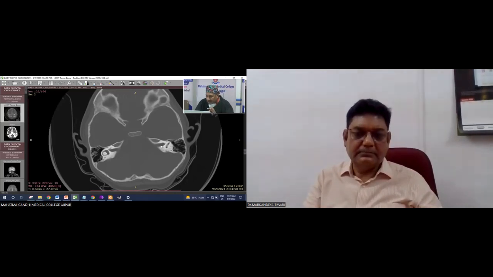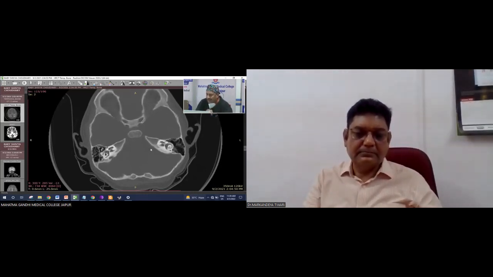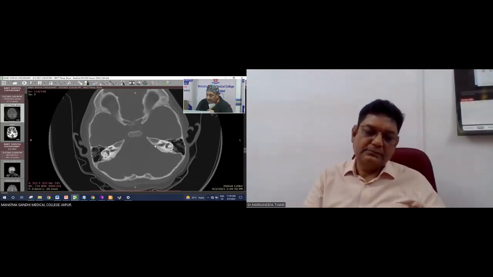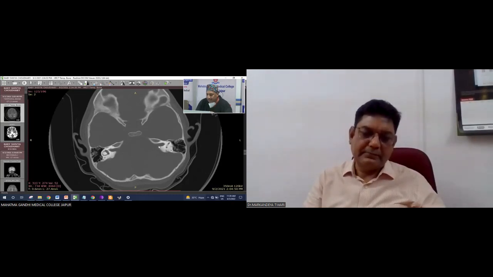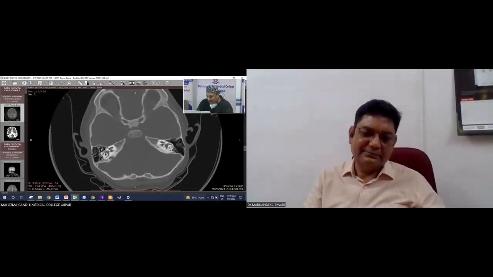So all this anatomy, all this CT scan has relevance in choosing the surgical technique as well in difficult situations. The role of the CT scan, as I said in the beginning, is to know any difficulty one can encounter. You can preempt by the CT scan if somebody is going to encounter any difficulty which can have a significant impact on the overall surgical procedure. Now, besides the cochlear implant, now